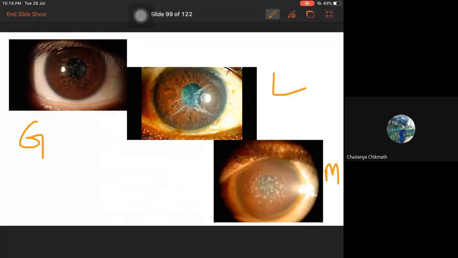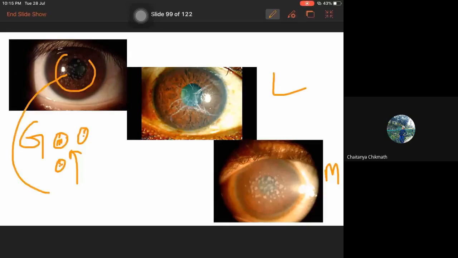In granular dystrophy, you have a breadcrumb appearance. The lesions are like a breadcrumb or a snowflake. And in between the lesions, the cornea is clear. Because the cornea is clear, they will have a decent vision in comparison to lattice or macular dystrophy. Usually it's concentrated in the center of the cornea, and the periphery is pale, we can make out here.